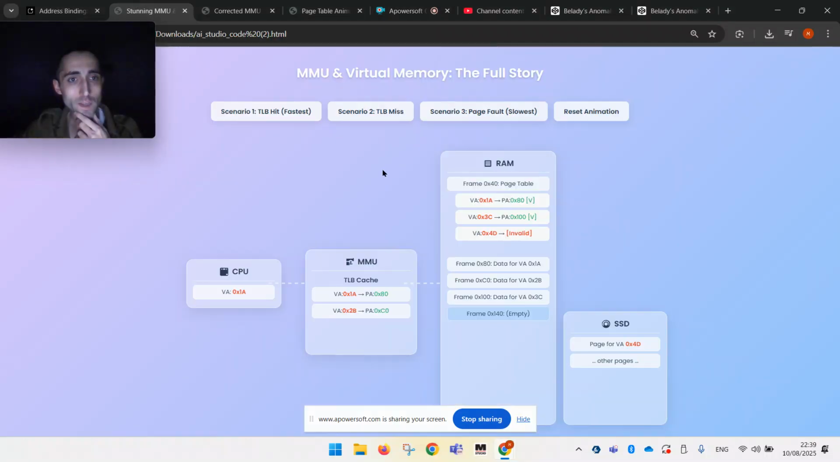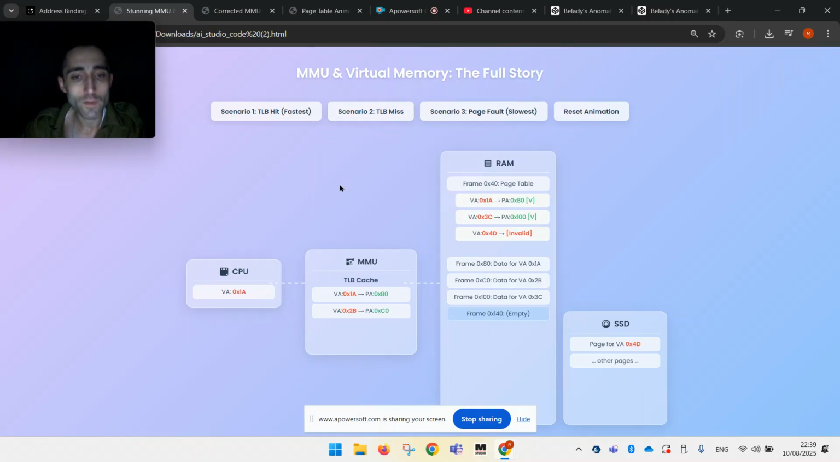Okay, so the idea is to talk now about the MMU and the virtual memory. You will see this animation, it's quite impressive, done by Gemini Pro 2.5. Anyway, the idea is to talk about the memory management unit in operating systems and the virtual memory, and to